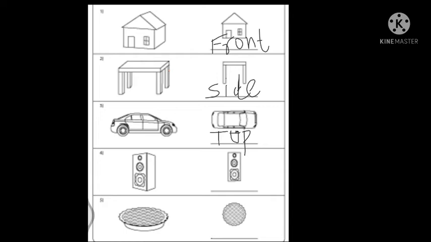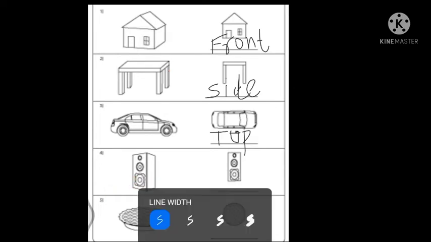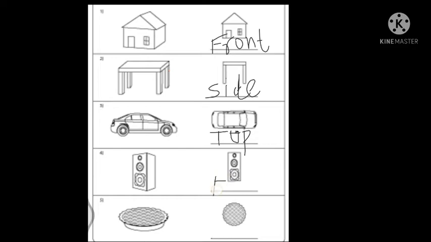Is that clear? Okay. Now students, we will move towards the next one, which is the speaker. Can you see? Speaker is there, right? And if we look at the speaker from here, meaning from here, if we look from the front, it will look like this. Yes or no? So that means this one is the front view of this speaker. So here you get the answer front, FRONT, front, and view spelling VIEW, view. Is that clear to everyone? Okay.